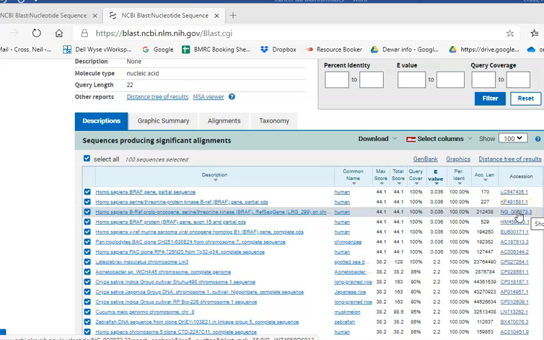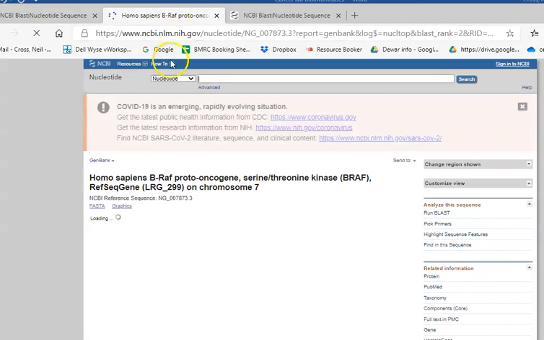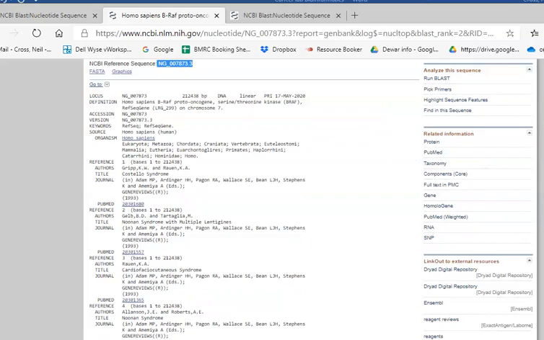So what we're going to do is open up that sequence and see what it is. It's 200,000 bases in length, but that doesn't matter. We're going to open that up and see where the primers bind within it. All you have to do is click on that and it will open up this file. It's sort of a reference sequence. It's been given a code. It just happens to contain the BRAF gene, and we know the forward and the reverse primers are in there